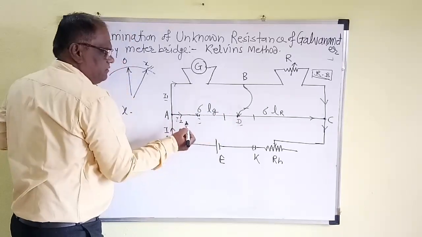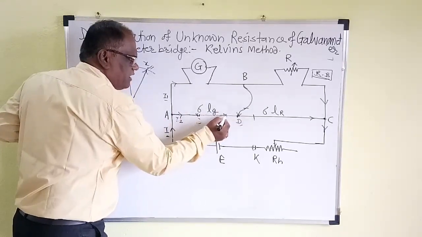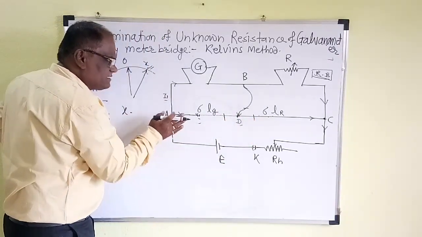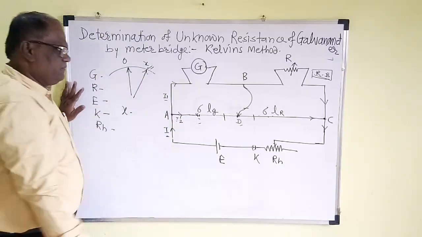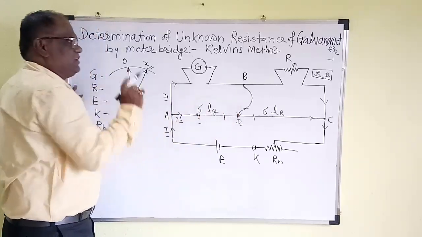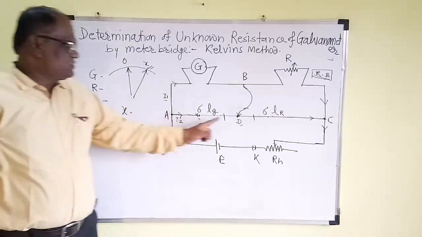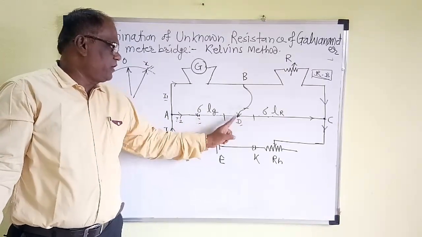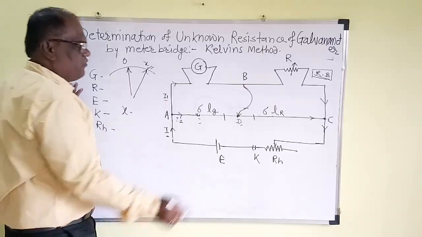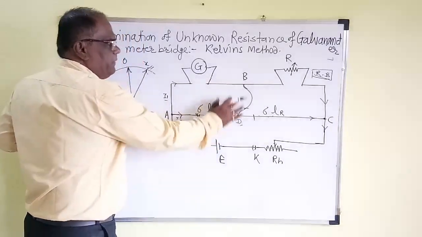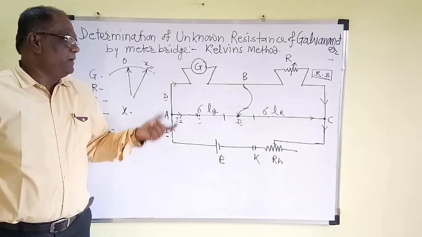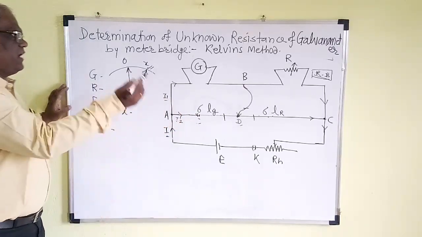At other point, what happened? When jockey is touched the wire at other point, galvanometer deflection either increases or decreases. But here, D is a single point where galvanometer deflection remains constant. And once this point is determined, this point is called as equipotential point. Once this point is determined, bridge is said to be balanced, and we can apply balancing condition by Wheatstone bridge